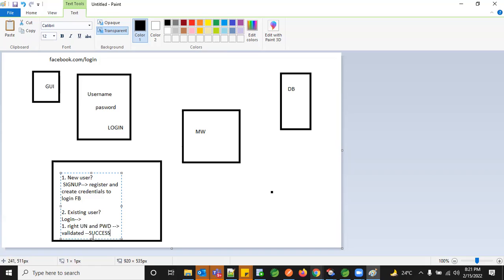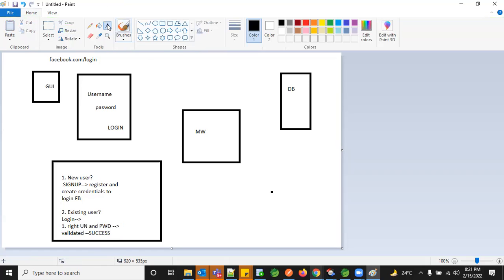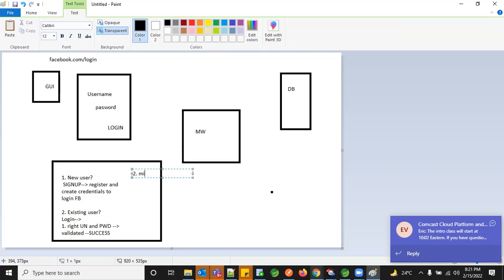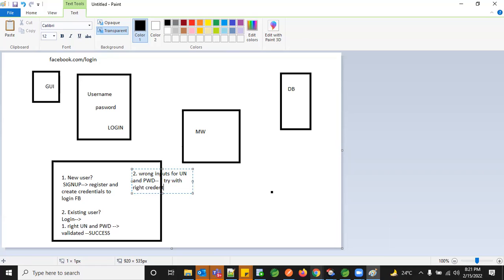Now what if, in the second scenario, he gives mismatched, wrong inputs for username and password? Then you have to return something like "try with right credentials."